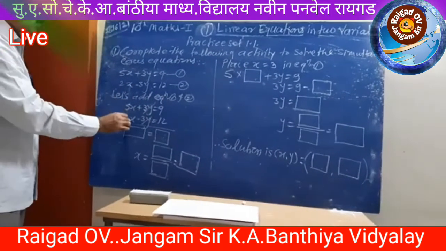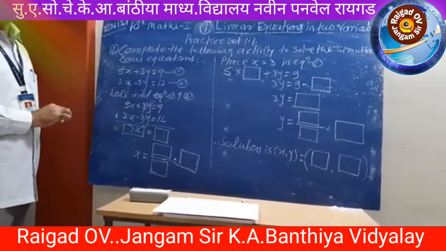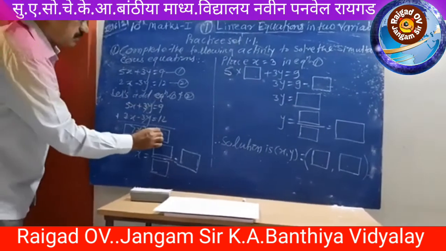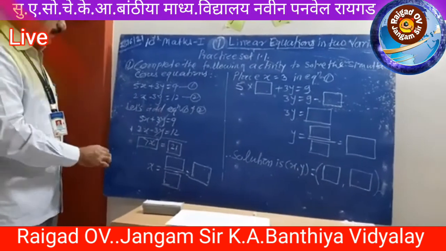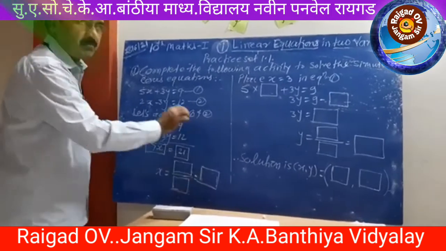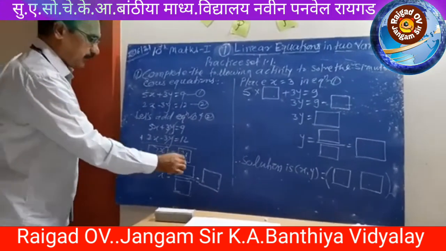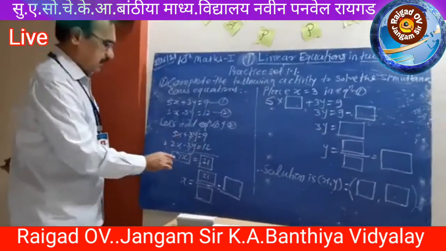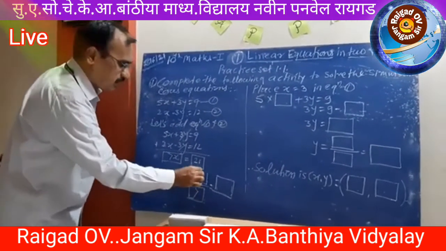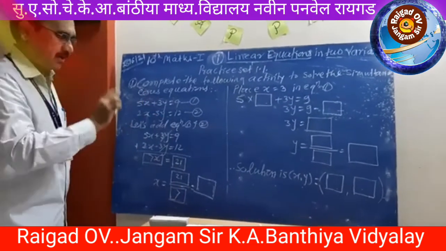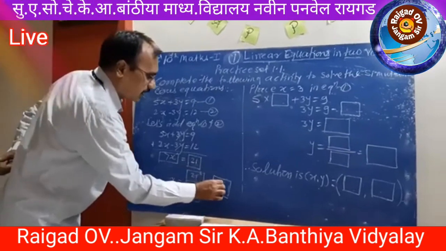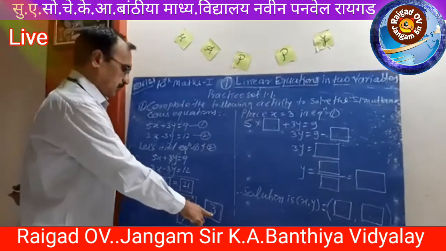That means 5x plus 2x, 7x. Complete the activity means fill the empty boxes. 9 plus 12, that is 21. Now x is equal to box upon box is equal to empty box. 21 as it is. Then this 7, the coefficient of x, goes on that side and it becomes divide, means 21 upon 7. Each box has half marks. 7 ones are 7 and 7 threes are 21. That means this empty box contains 3.